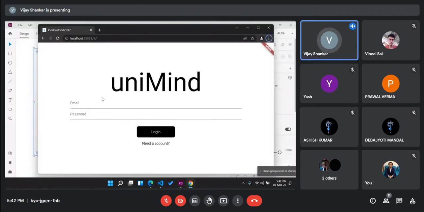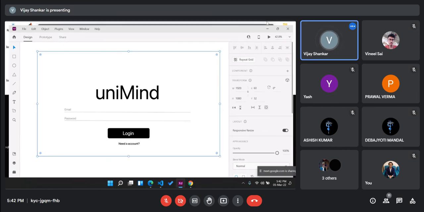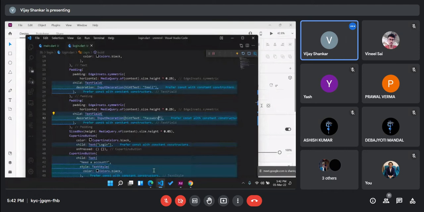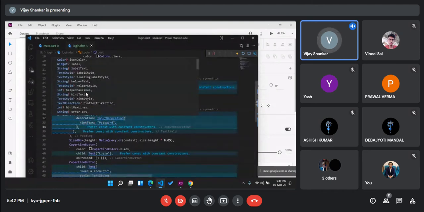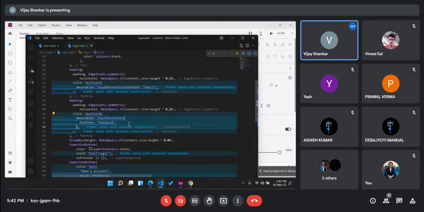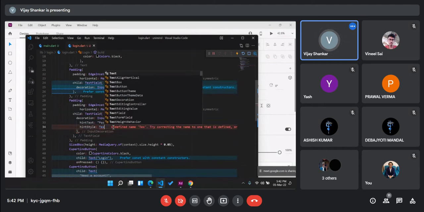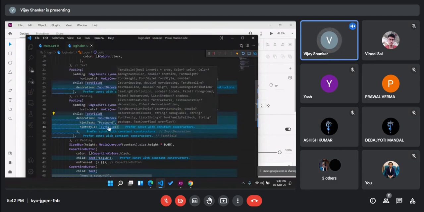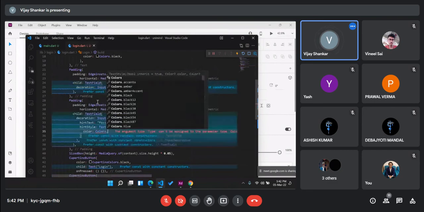So we can see that the email and password text is black, but in the UI it is somewhat gray, and this is the only thing we have to change. So first we'll change that. In the hint text, there is also a hint style. If the hint style is the same as our text style, we can give the text style property, and everything will be available here, for example, the color and font size. In the color, we will choose Colors.gray,